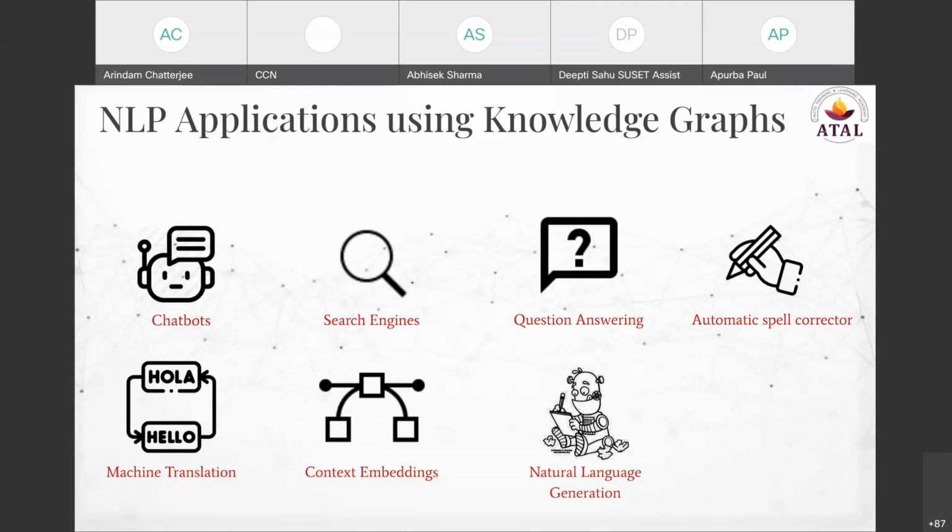For example, take a text summarizer. If I can build a knowledge graph from the entire text and then find the key nodes and key relationships there, I can build a text summarizer using knowledge graphs. There is a lot of research work that has used knowledge graphs for text summarizers. So that is another big application of natural language generation,